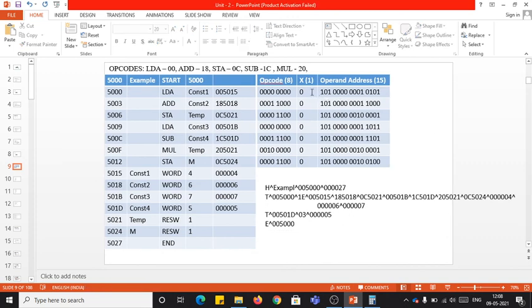For your easiness, in this example all the instructions available belong to the direct addressing mode only. No instructions belong to the index addressing mode. In my further examples, I'll be considering examples that have both direct and indexing addressing modes. Okay, that's the address assignment, object code generation, and object program generation. Thank you.